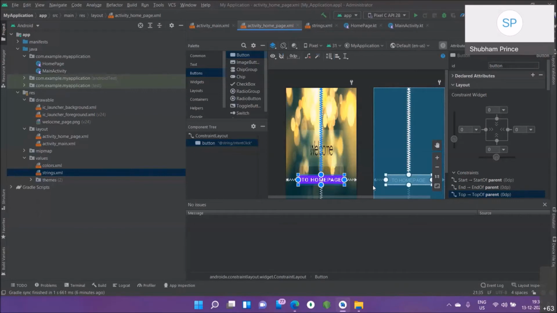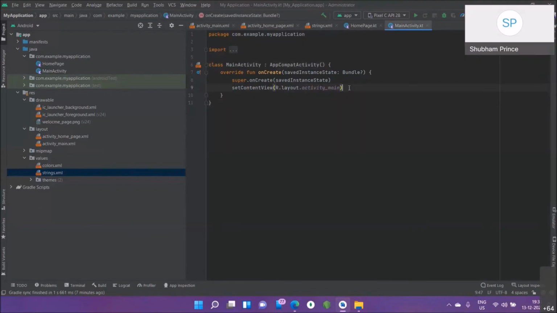We are the one who is going to create it. Before we set up our explicit intent, let's talk about intent, because we are going to move from this activity to the home page, isn't it? So we'll just set up the intent.